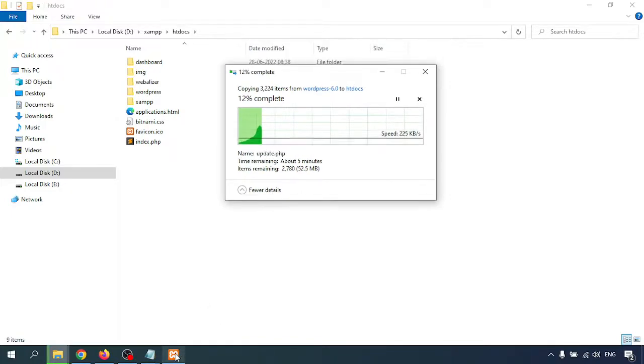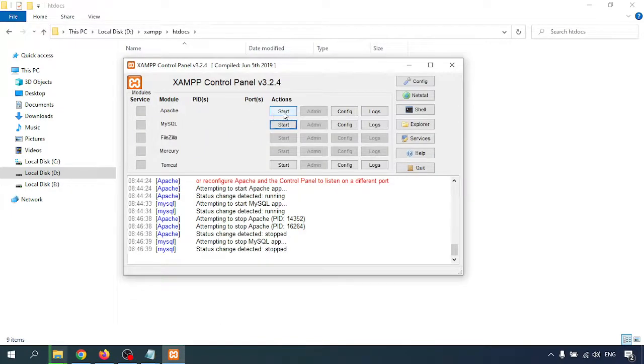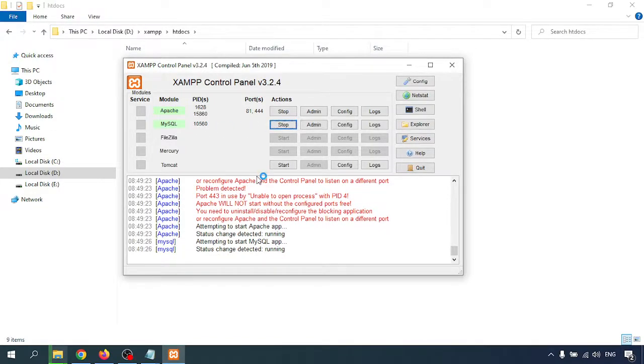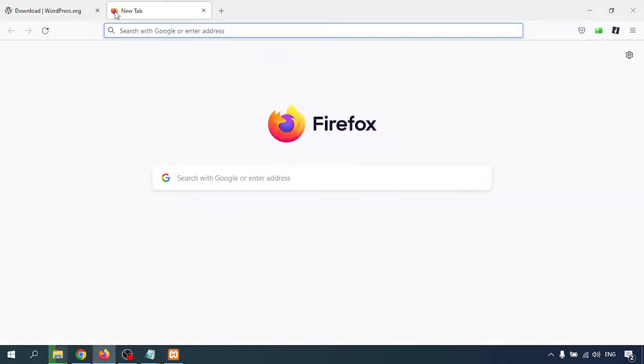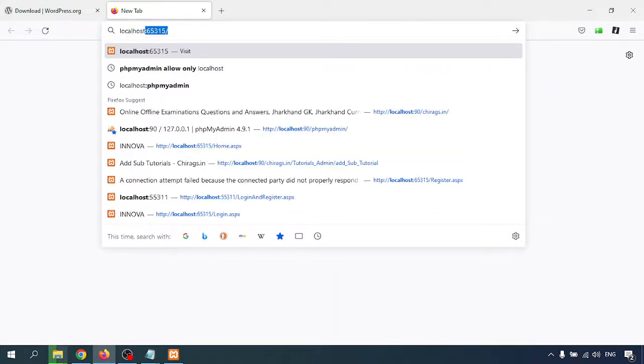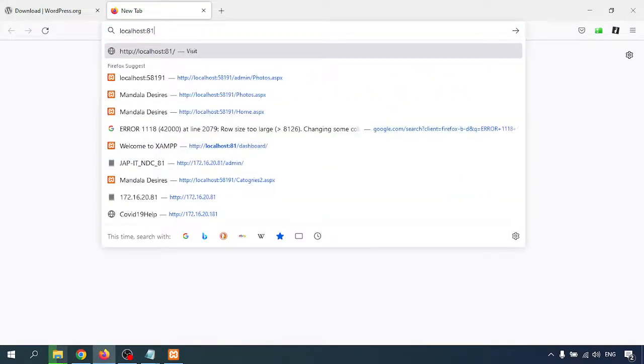While pasting, just start our Apache service and MySQL service. So we need the web server and database both. So I'm going to start the Apache and MySQL. Now I'm going to access the web server. Localhost 81,